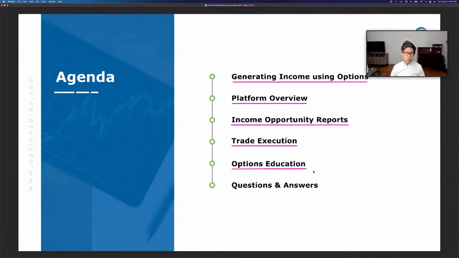And then I'll show you some of the upcoming options education, because I know many of you that are here today are relatively new to options and you're still learning. So we have ongoing options education. I'll show you how to access that so that you can not only get consistent market outlook sessions where I talk a little bit about the Nordic markets and the different sectors and what's currently moving, as well as macroeconomics, but also teach you on specific option strategies. And then we'll open this up for Q&A here at the very end.